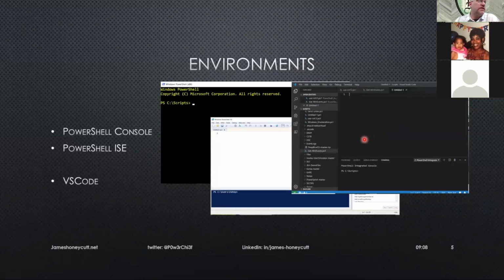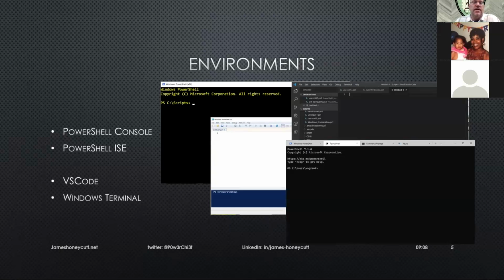Yeah. So it'll also do Python if you've got it installed on your Windows machine. But VS Code also runs on your Mac and your Linux. So you could also do your Python in there. And then we also have the new terminal for Windows. This is my new favorite terminal as well,